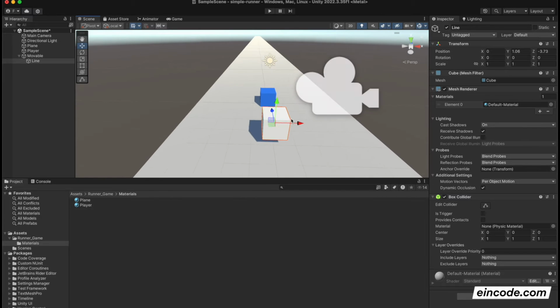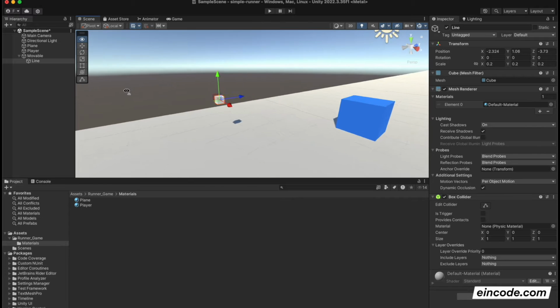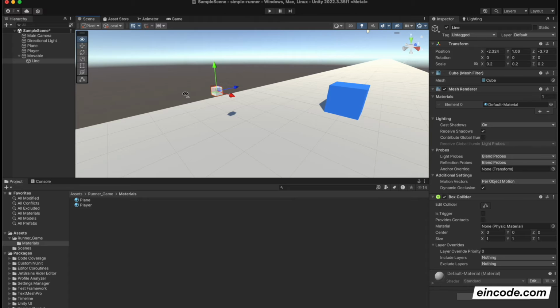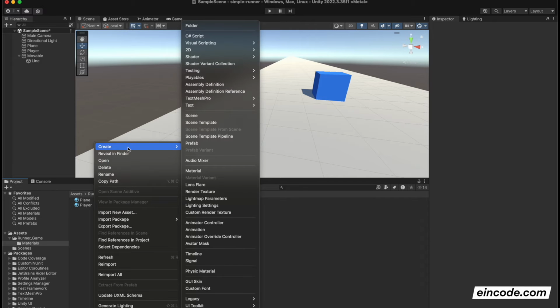Make the scale smaller. Let's decrease the scale of this to 0.2, 0.2, 0.2, like this. So it's a very small cube. Okay. Change the color of this line to something else, some dark color, gray color. So create here a new material in the materials folder. Right click here, create a new material,